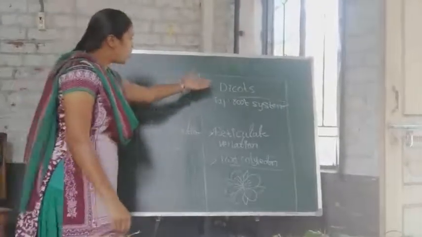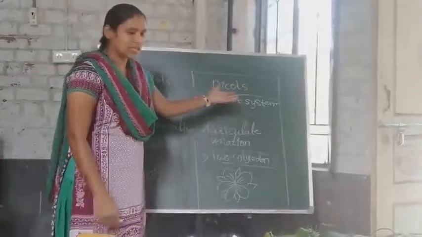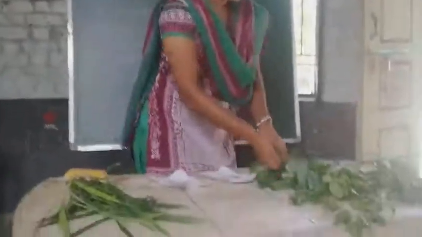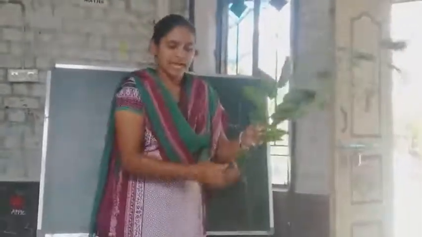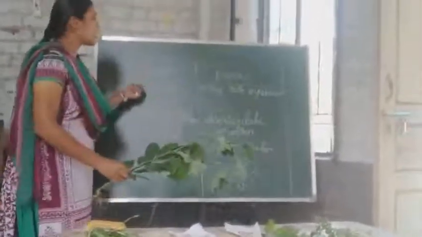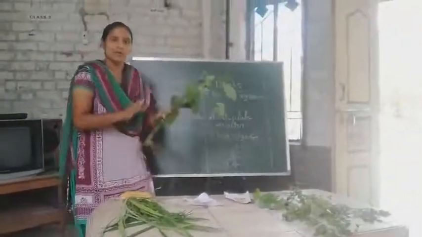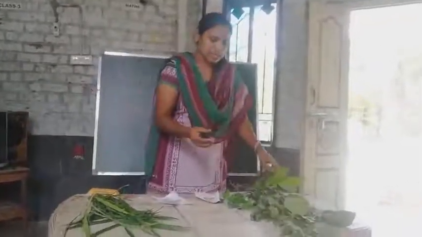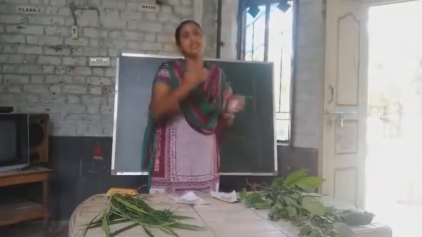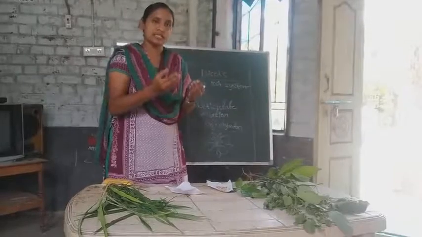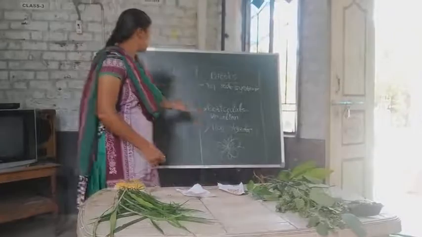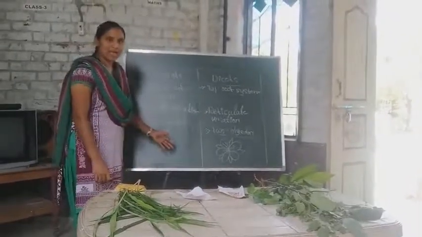You can observe all pulses. You can observe that they have 2 cotyledons. Those come under dicot seeds. By observing the leaf, root system, seeds and flowers, we can easily identify which plants are monocots or dicots. Don't be confused. When we observe the leaves, we can easily say by observing the venation whether this is monocot or dicot. If we are confused about the seeds, you can observe the leaves, or otherwise the root, or the flowers. Okay, have you understood, children?